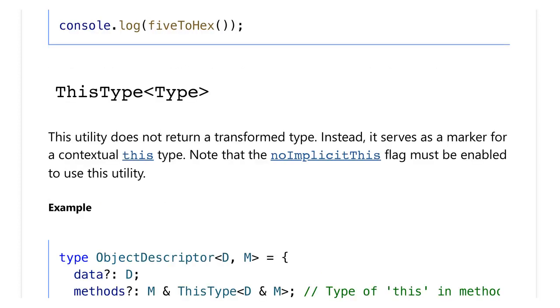console.log(fiveToHex()). ThisType<Type>. This utility does not return a transformed type. Instead, it serves as a marker for a contextual this type. Note that the noImplicitThis flag must be enabled to use this utility. Example. type ObjectDescriptor<D, M> = { data?: D; methods?: M & ThisType<D & M>; // Type of this in methods is D & M };